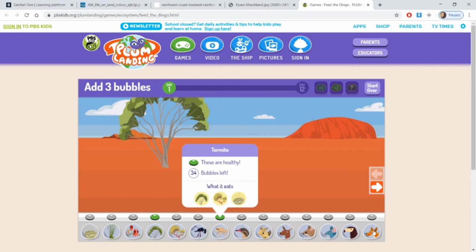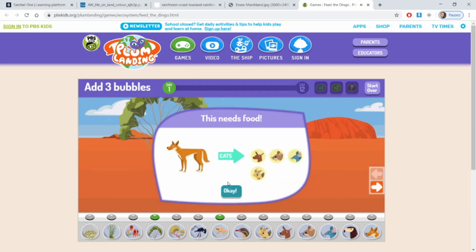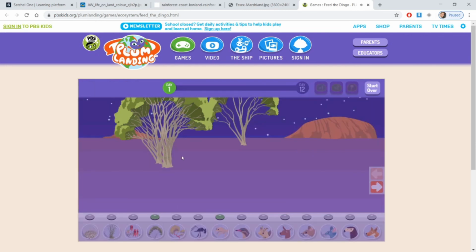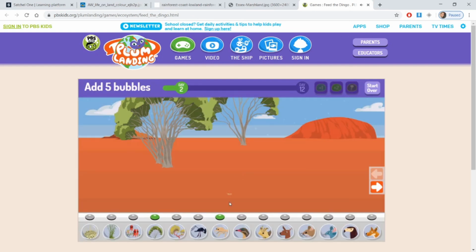If I try and put something down that hasn't got its type of food there, it says it's not got the food there. You can put down more than one of the same thing, so I've already got that kind of tree. I could put it again and again and again. Then it'll tell you how those creatures that you've put in are doing. If they're healthy, if there's plenty of food for those creatures, you'll get extra points. You get lots more points for having lots and lots of different creatures there,